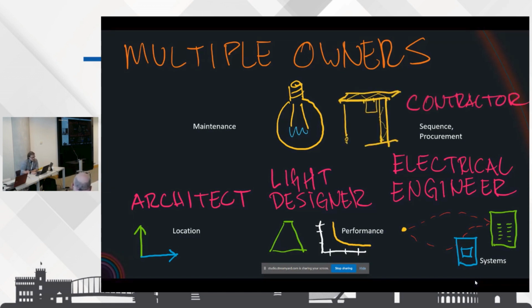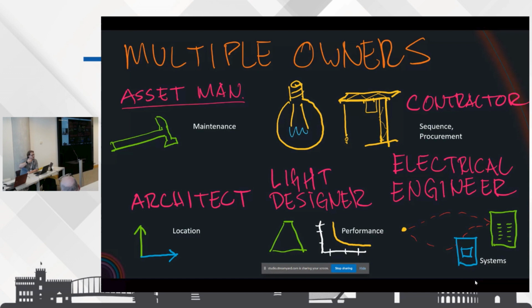A contractor might want to try to procure the products that actually are these light fixtures, and then if this isn't actually in maintenance, then you'd want to maintain them. And the fact that depending on the kind of project, whether it's a built facility doing renovations, these could all be happening at the same time multiple times. So the point, from this perspective, IFC5 was, okay, how do we enable simultaneous ownership, not individual ownership, which